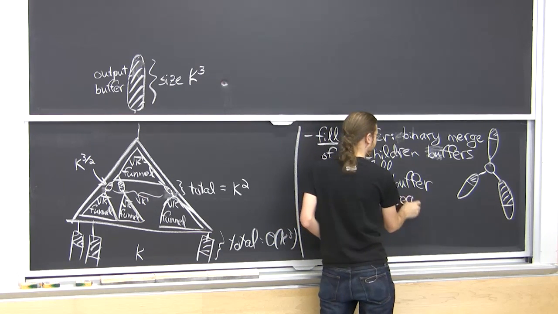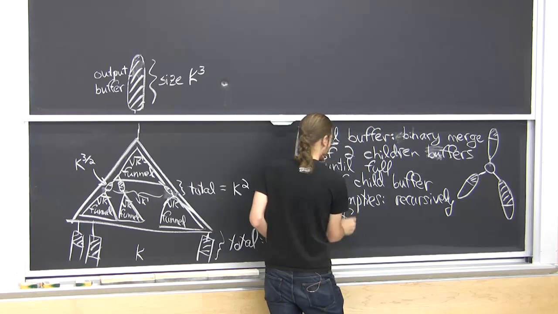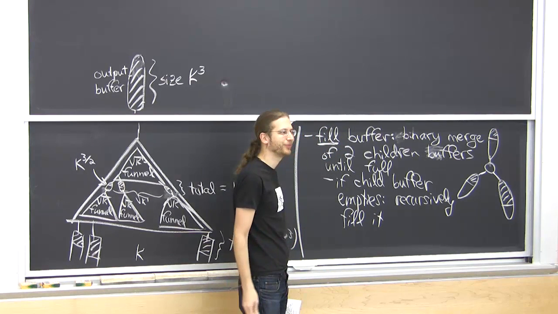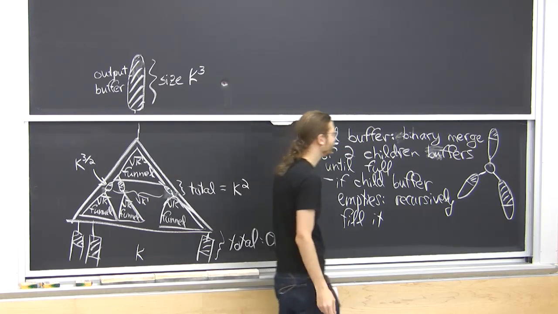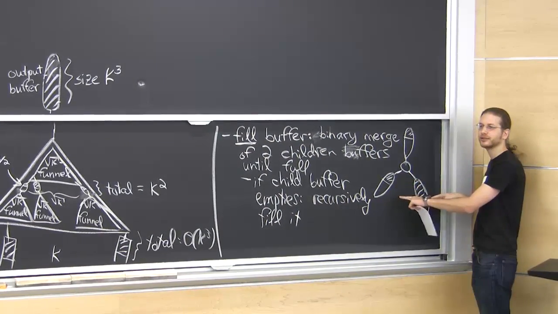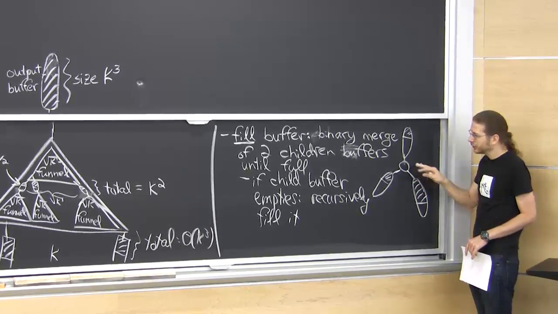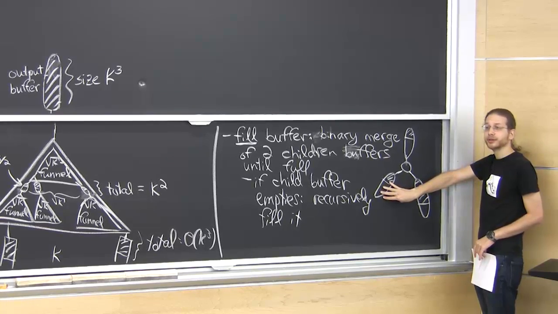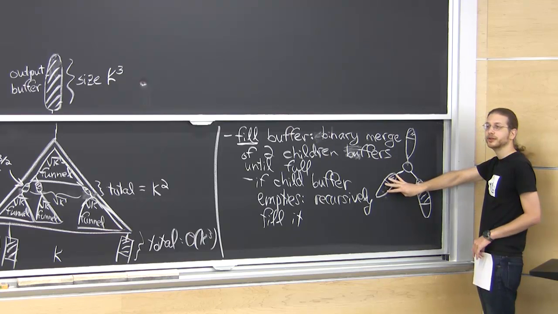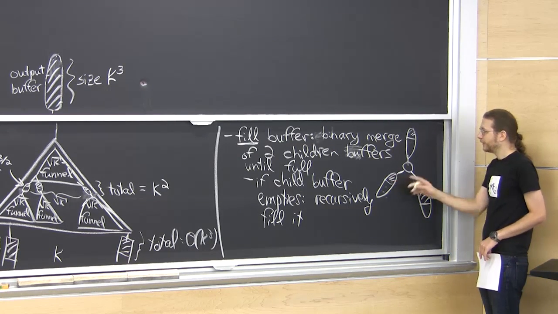Recursively fill it. That's the algorithm. Very simple. The obvious lazy thing to do. Do a binary merge. This is going to be nice because it's like two scans until one of these guys empties. And then you pause this merge and say, okay, I'm going to fill this entire buffer, which will recursively do stuff until it's completely full, or I run out of input elements, whichever comes first,